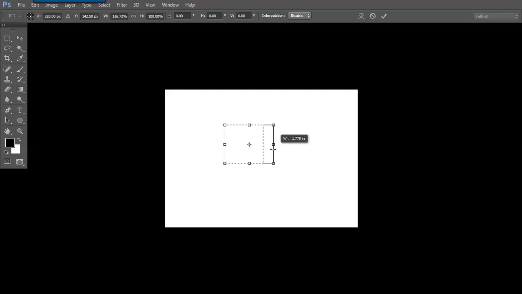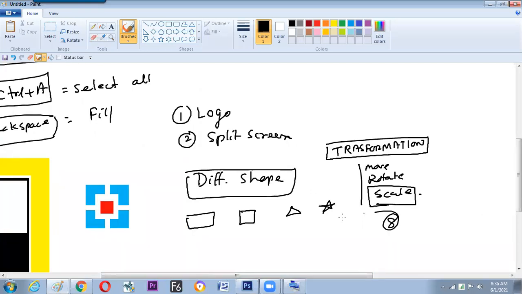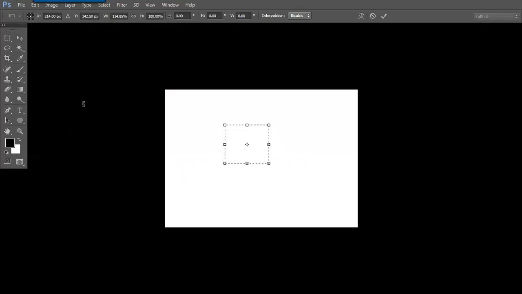So the topic going on now is scale in detail. Eight types of scales are there. And once you learn it on one tool, you can apply the same logic to all the tools. So normal dragging, alt and dragging. Hope you can see the difference now. Normal dragging will scale one side up. Alt and drag will scale both sides of the selection up. Hope these two are clear.